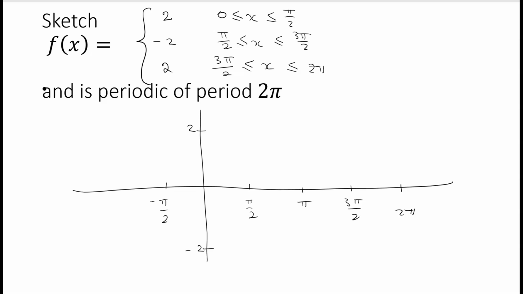Now what it's saying is that the function is at value 2, so y is 2 between 0 and pi by 2, and then between pi by 2 and 3 pi by 2 it's actually negative 2, and then between 3 pi by 2 and 2 pi it's 2 again, and it says it's periodic with a period of 2 pi, which fits what we've drawn, because